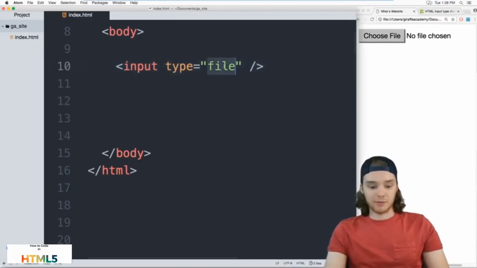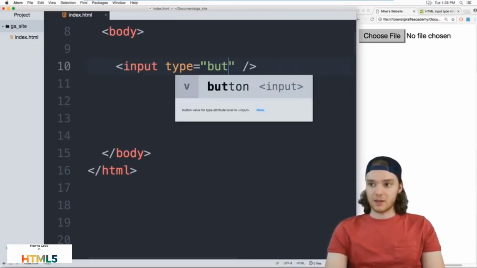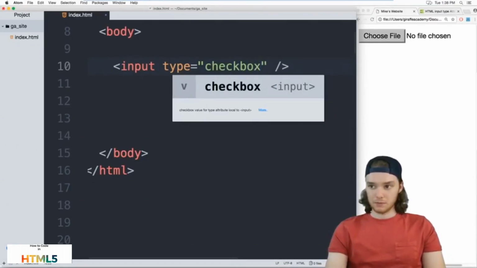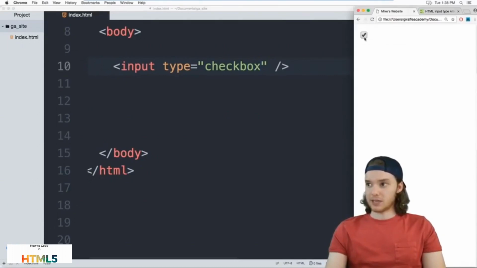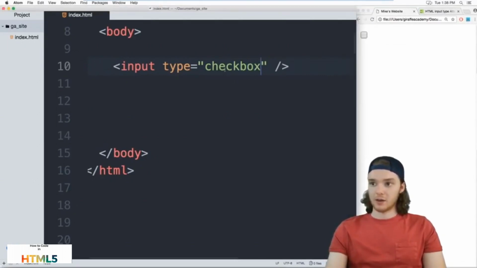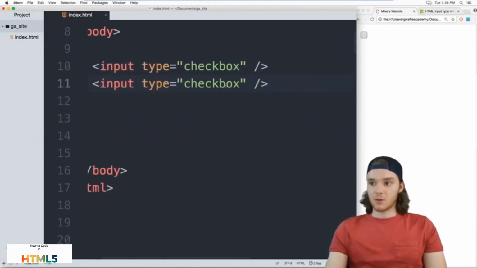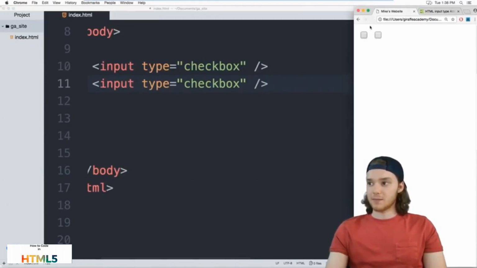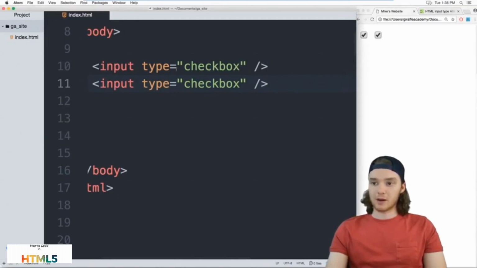And you can also define different types of buttons. So I can define a checkbox, and here we just have a little box that we could check. You could also define a radio button. Actually, I want to show you guys the difference between checkboxes and radio buttons. If I have two checkboxes, I can check both of them at the same time. Okay, just like that. If I have two radio buttons though,